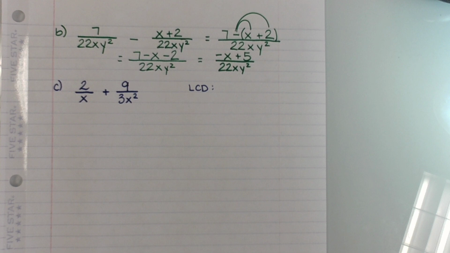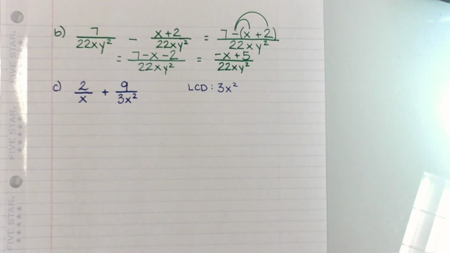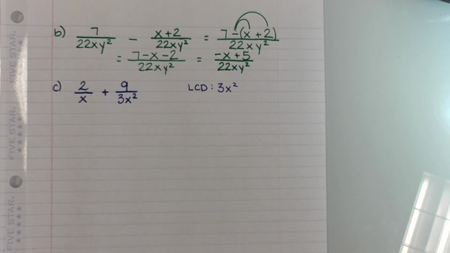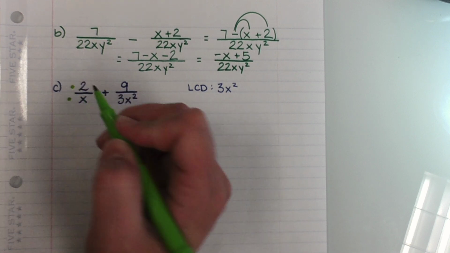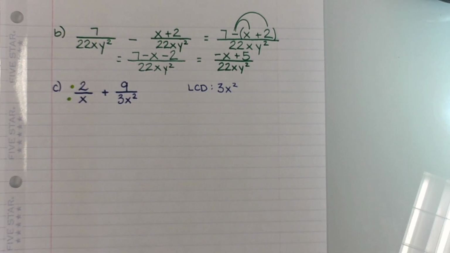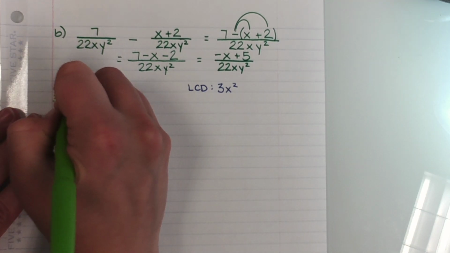What is my least common denominator? 3x squared. So, they don't have it, I have to multiply things on both top and the bottom of the fraction. First fraction multiplies by 3x. Second fraction multiplies by,